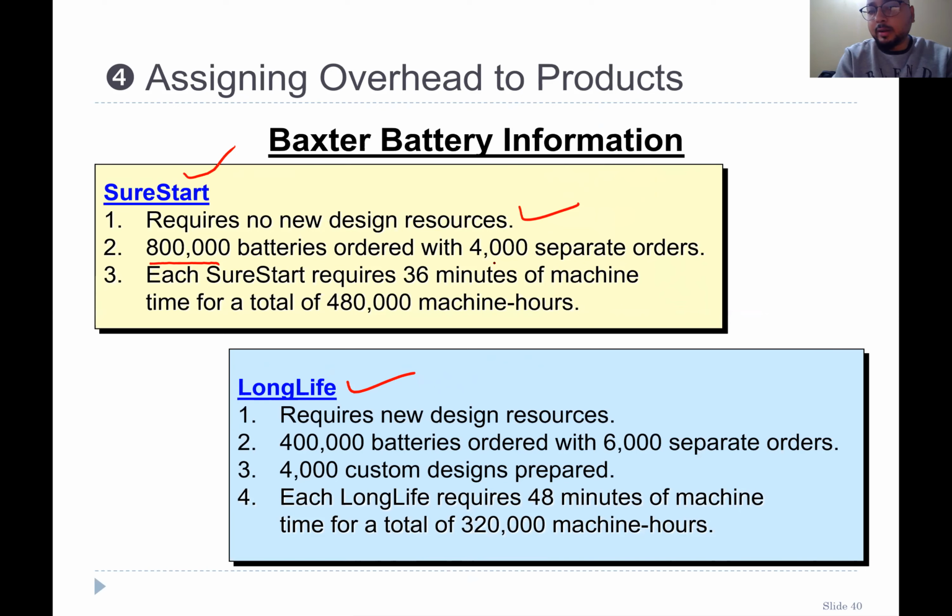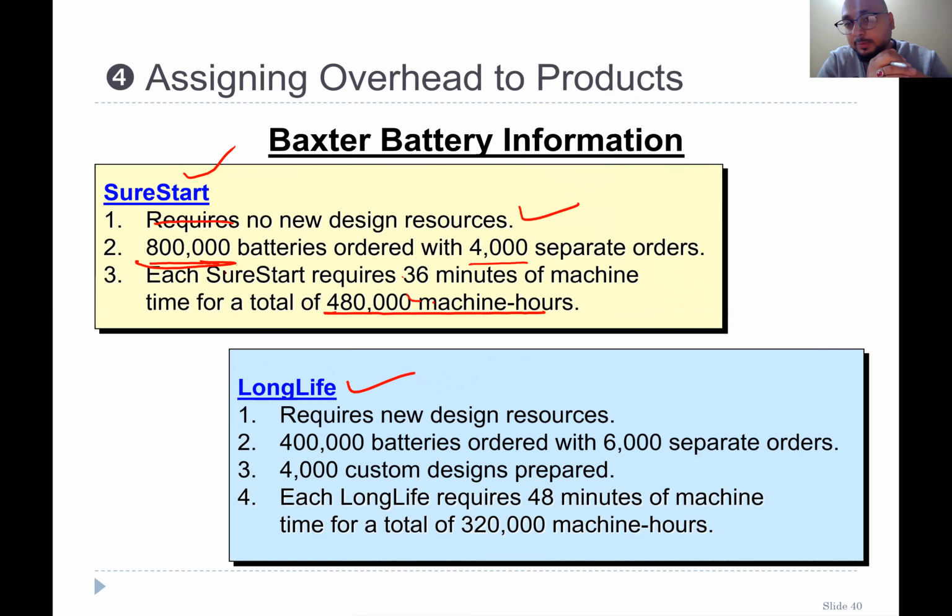800,000 batteries ordered with 4,000 separate orders. Each short start requires 36 minutes of machine time, and total machine hours are 480,000 machine hours. So what does it mean? It means 480,000 machine hours are required to make 800,000 batteries, and 800,000 batteries are sold via 4,000